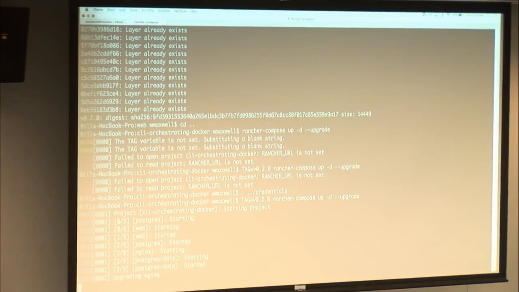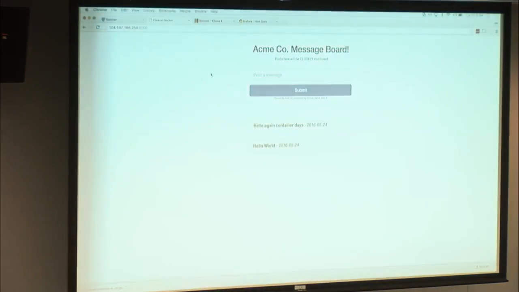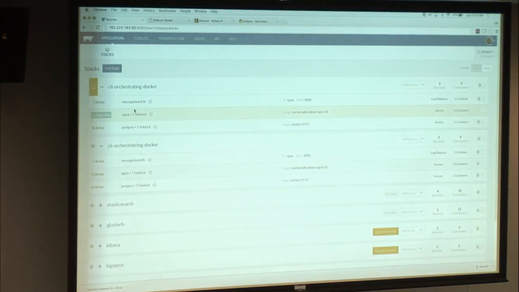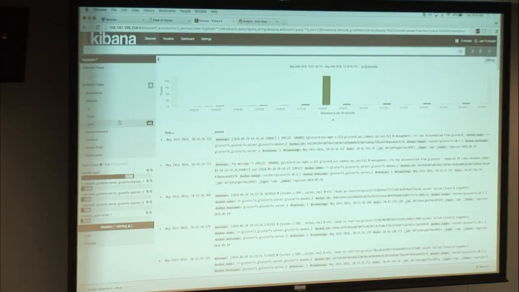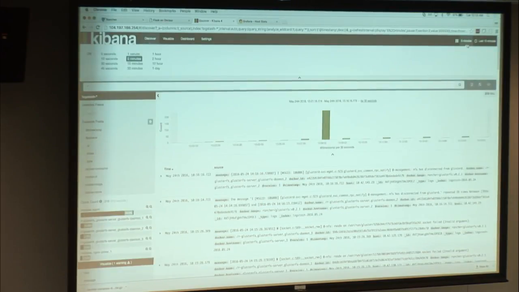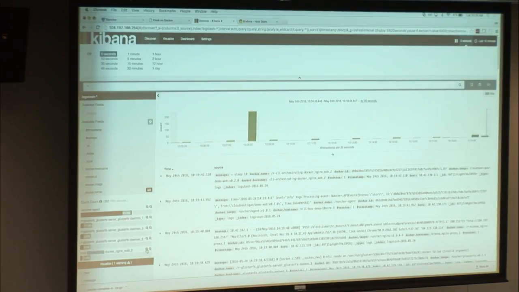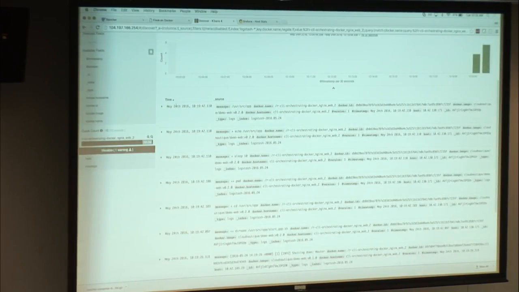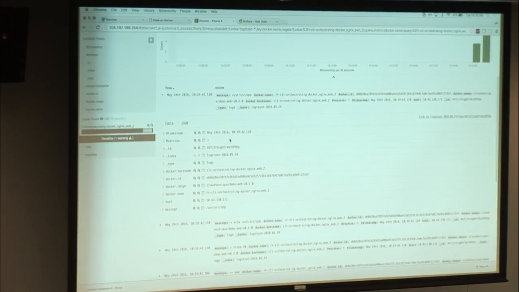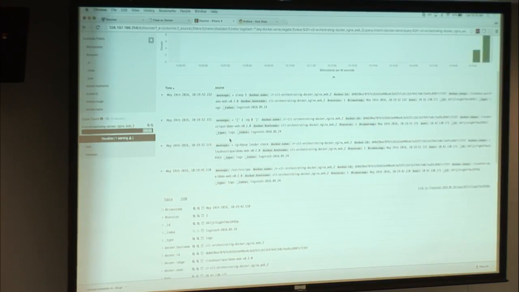Okay, so now this is basically deploying it out to the Rancher environment there. You can see the application is now in an upgrading state. But now we can see also hopefully that we are actually getting some log data. You can see that, yeah, we're getting some orchestrating Docker logs. So if we filter on that, we can see some new log messages coming in. And so here, as containers pop up in the environment, we're now able to capture their logs in a single aggregated place and look around and see what's going on in that environment.